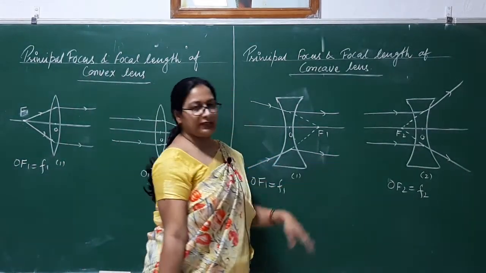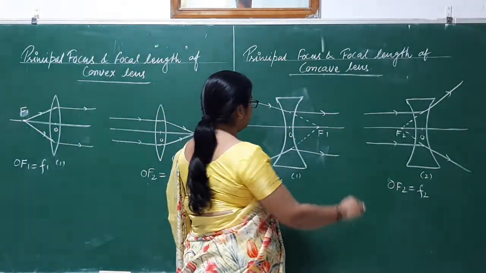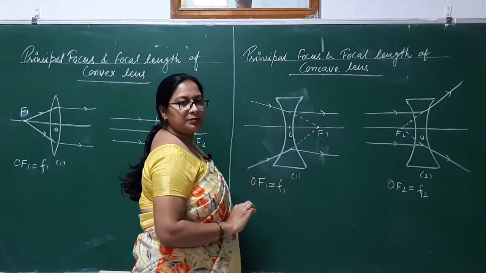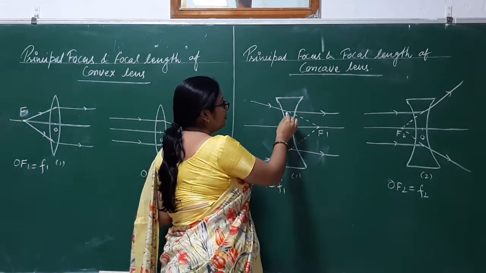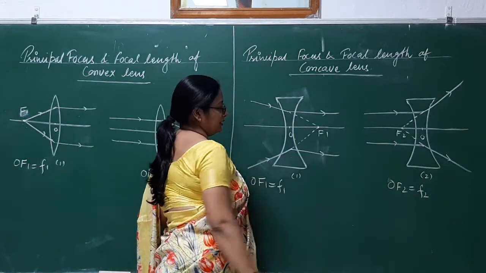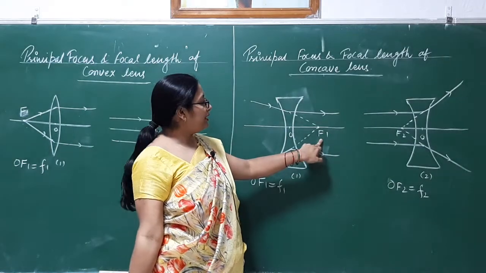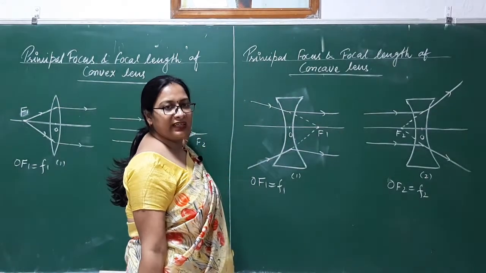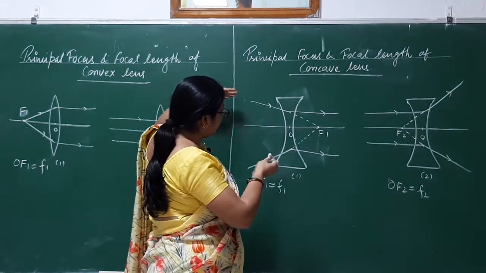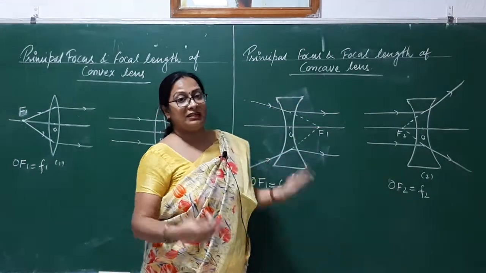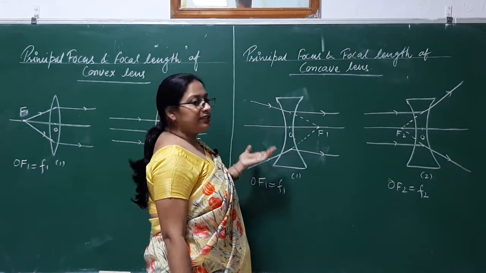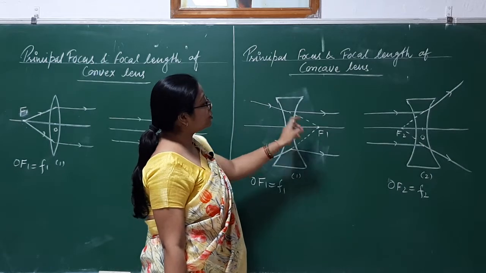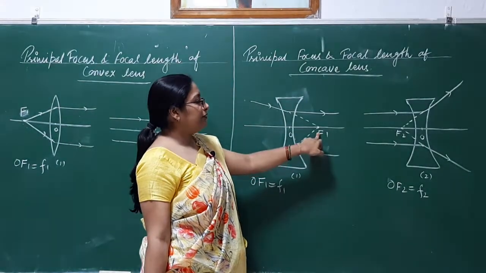And children, for the concave lens, you can see the rays are coming obliquely, not parallel to the principal axis, but both the rays will meet at f1, right? So it is a virtual position of the object, it is not a real position. We cannot see here that the object is anywhere, okay. They appear to come from this point, it is not a real situation, okay. So how will you define this? The first principal focus of a concave lens is the virtual position of a point object for which the image will form at infinity, okay.